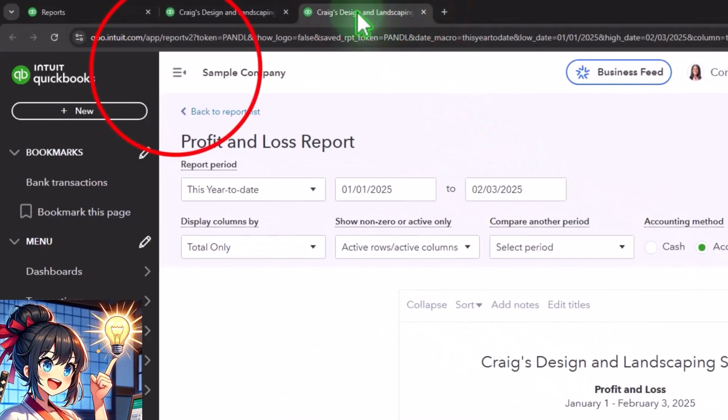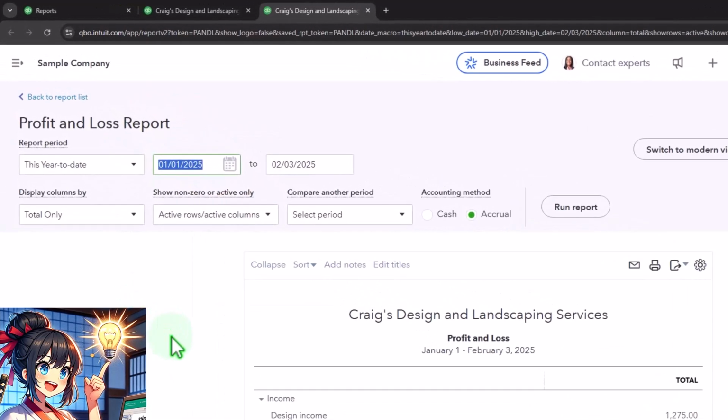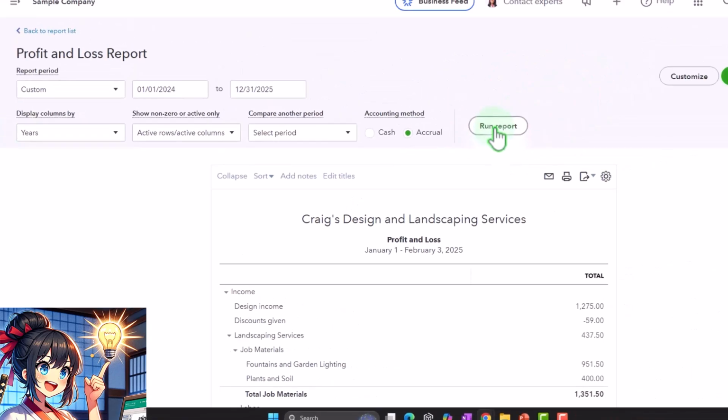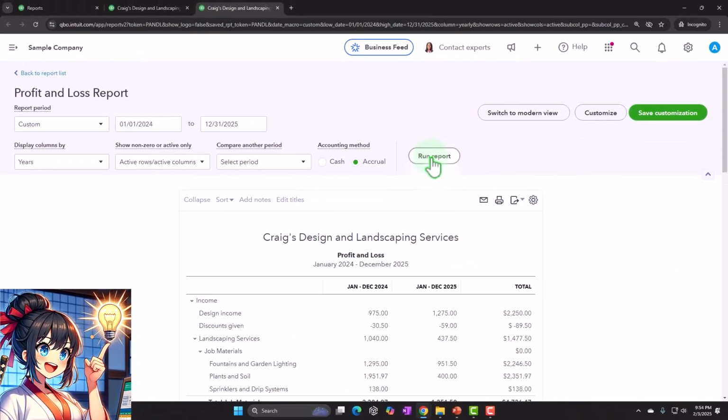Let's tab to the right side, closing up the hamburger, and then we're gonna do it again. Otra vez. 010124 tab 123125 tab. Drop down. We want to see it in years. Run it to refresh it once again, noting that these two reports, balance sheet, income statement, those are the major